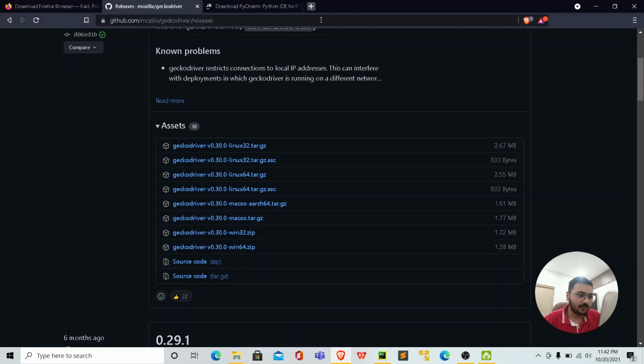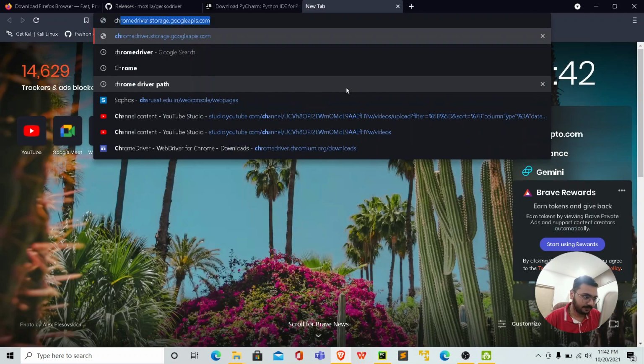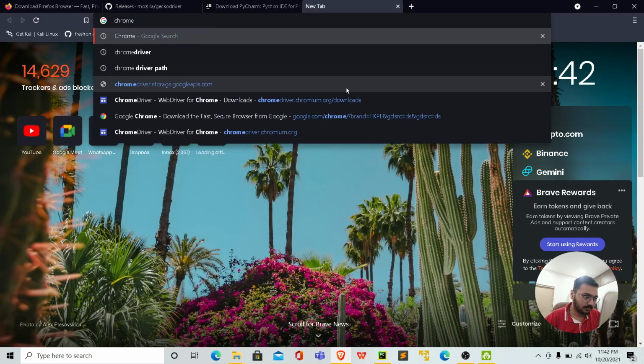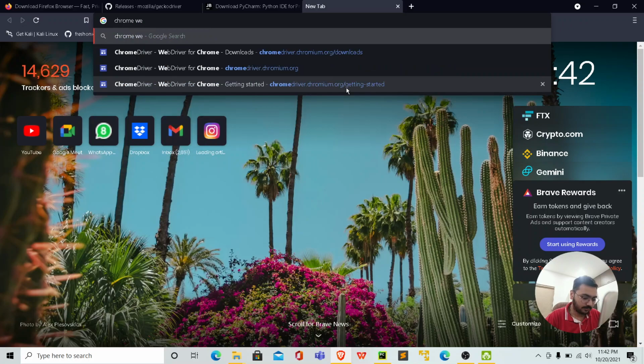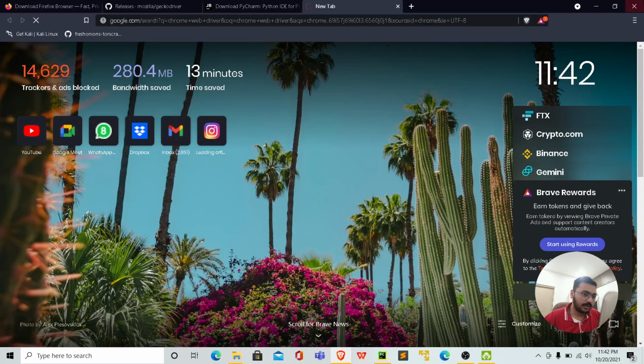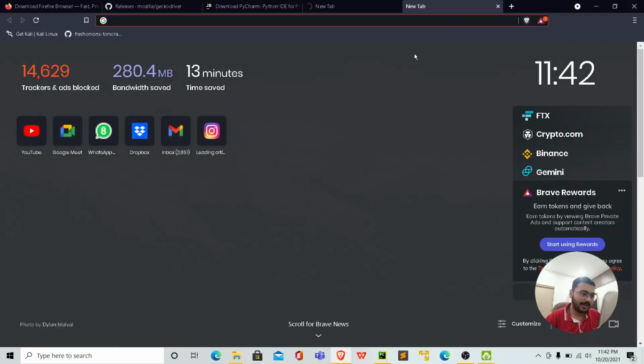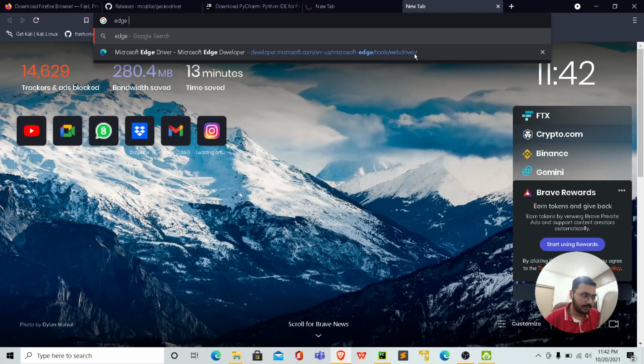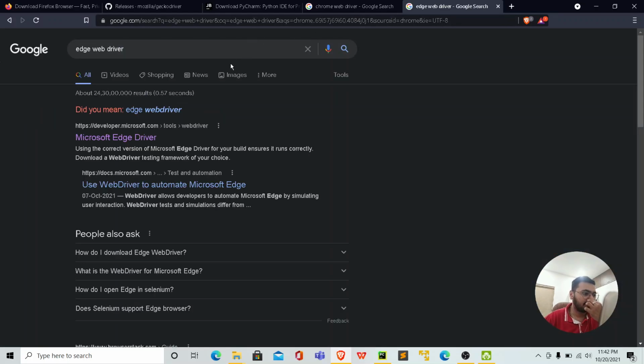You can search for Chrome WebDriver, and then in the next step you can also search for Edge WebDriver. So the process goes the same.